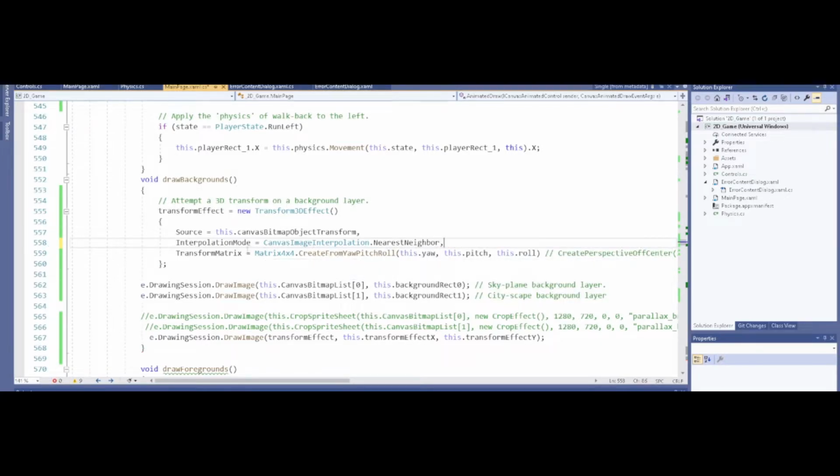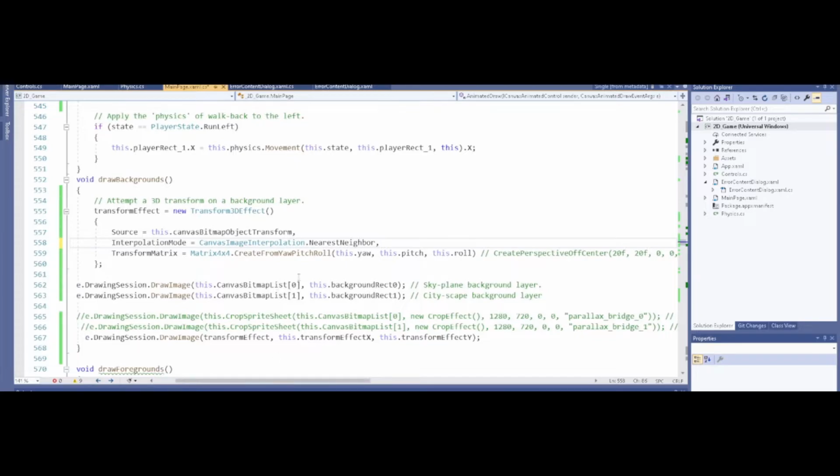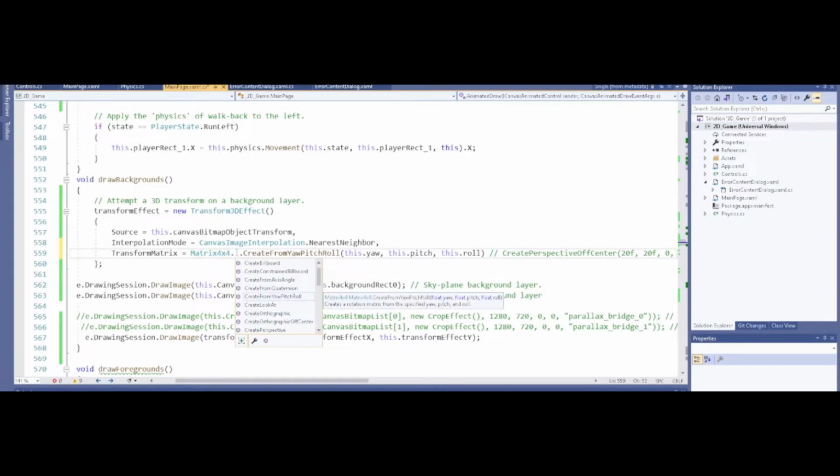Yeah, that's fine. And when you construct this matrix 4 by 4, I went ahead and created it from your pitch row. What you can do, you're basically configuring your matrix, and there's different ways you can configure your matrix. So for example, pertaining to how you want to transform your image. You can create from quaternion, I cannot say that properly. Create from axis angle,